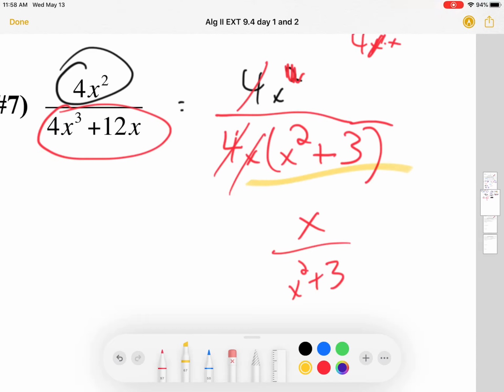And again, because this is the only term on the bottom, I don't need those yellow parentheses. You can have them, but you don't need them. Okay, I hope that answers any questions you may have. If you have any